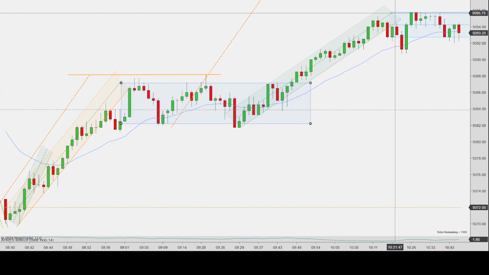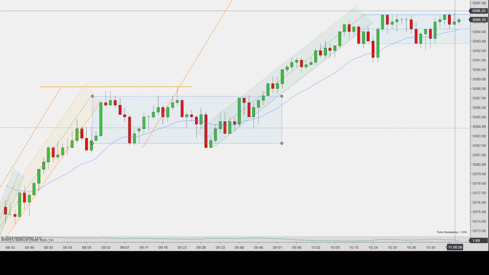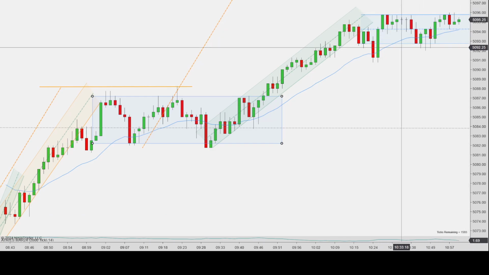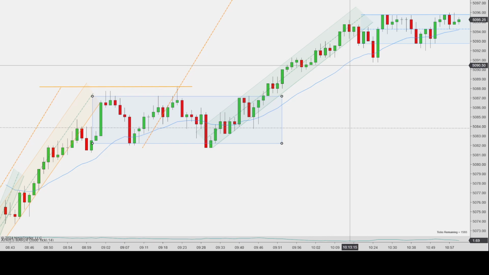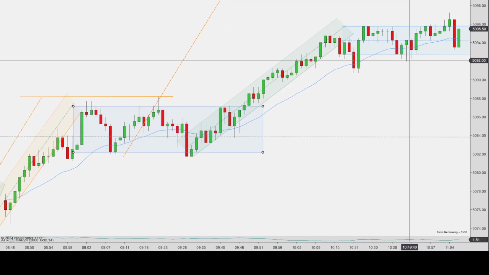It chops around and it creates yet another trading range. It's consolidating. So it's high to low to high. Now I'm wondering if it's going to come back to the low, but I do keep in mind that the EMA is starting to point up. It causes a failed breakout. Technically, you have a new low here.